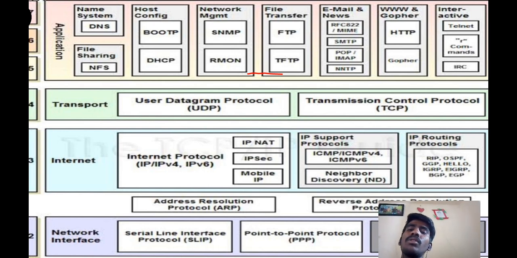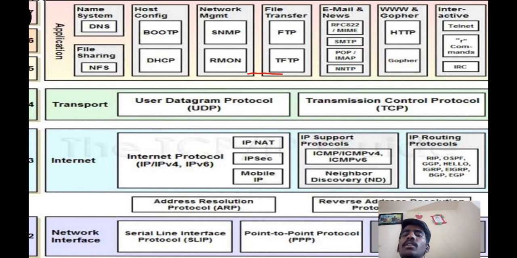Thereafter file transfer, FTP, which stands for File Transfer Protocol. Thereafter email and news, you can see SMTP, POP, NNTP. I think you are already aware of these protocols. And thereafter network protocols like HTTP, I think you all know. Thereafter we can see interactive protocols.